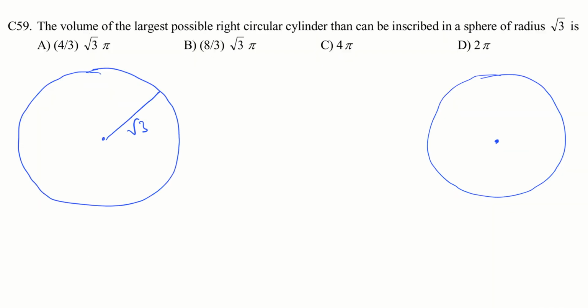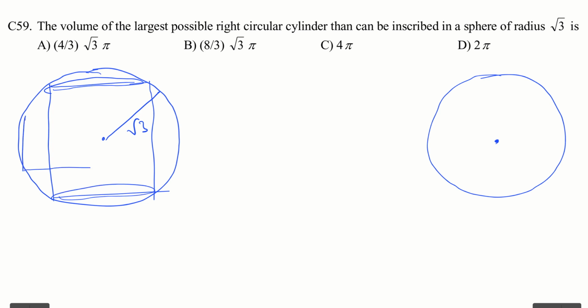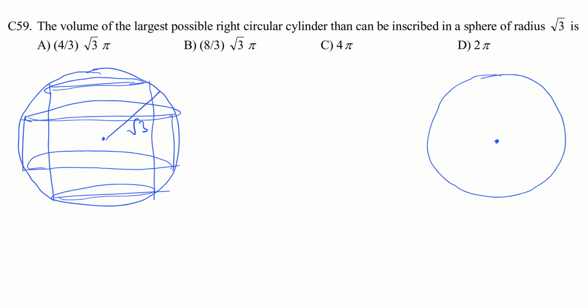I leave it there. See, in this problem, we have a sphere of radius root 3. I want you to observe that we can inscribe infinitely many cylinders in this. This is one way of inscribing a cylinder in this. Like that, this is one more cylinder that I am inscribing in this. So, when I can inscribe infinitely many cylinders in the sphere, among them I want the cylinder having maximum volume. Okay, so let's go for that.